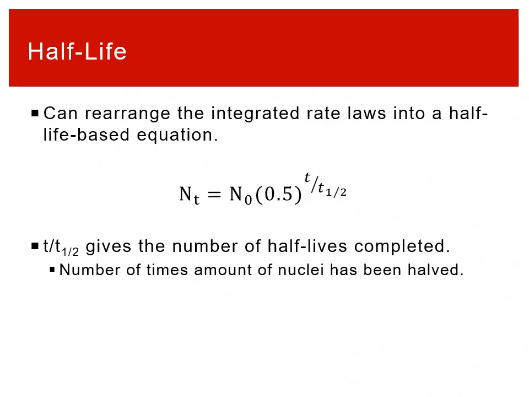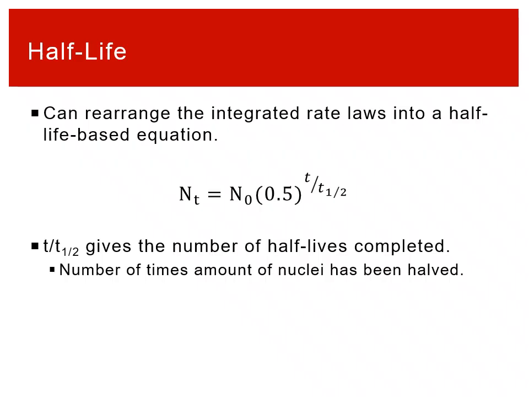Okay. So our integrated rate laws, we use those in many different ways. A lot of times when we're working with nuclear reactions, because they are always first order, and because we really characterize them based on a half-life as opposed to a rate constant, we rearrange the integrated rate law into this equation, which has the exact same information, but it's based around half-life explicitly for a first order process. And there's no rate constant in there as a k. Generally because half-lives are a bit easier to measure,